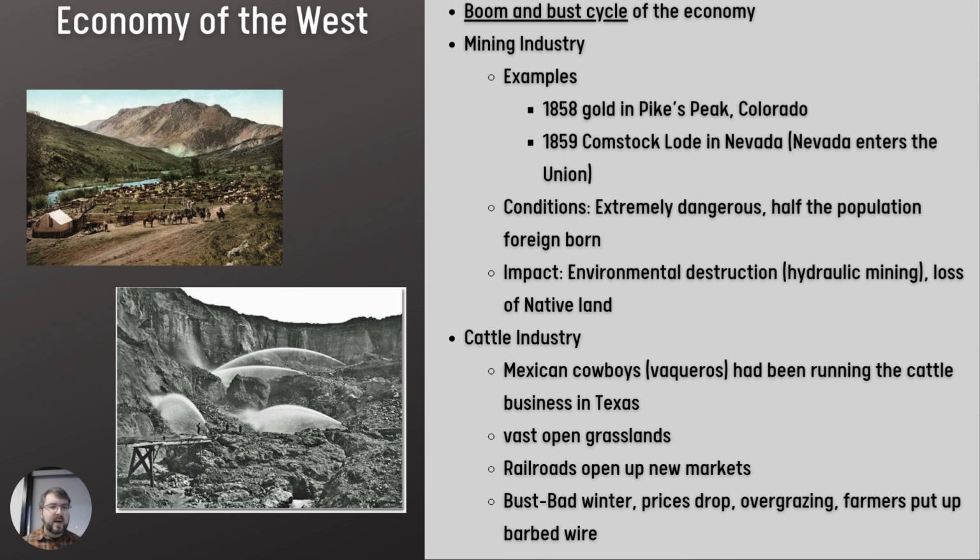So why go out west? What is out west? Well, one, there's a lot of material resources, especially gold. And if you have an economy that uses gold as its main money supply, and there's gold to be had in those hills and those rivers, people are going to go out there and try and get that gold. So there's gold in Colorado, there's gold in Nevada, there's silver, there's all these excellent resources to be mined.